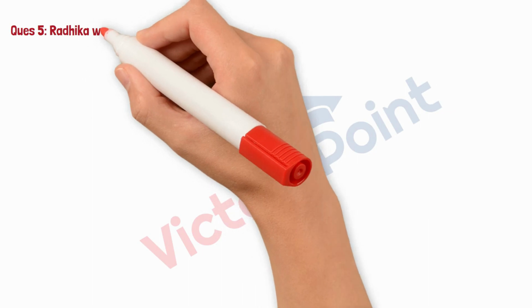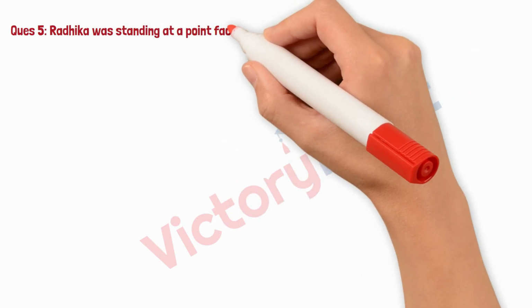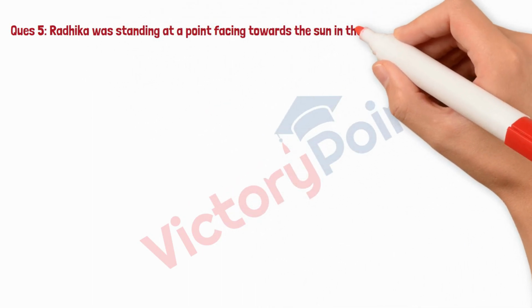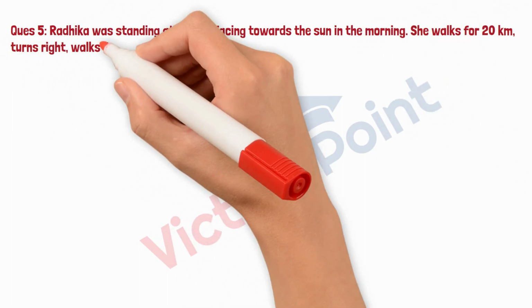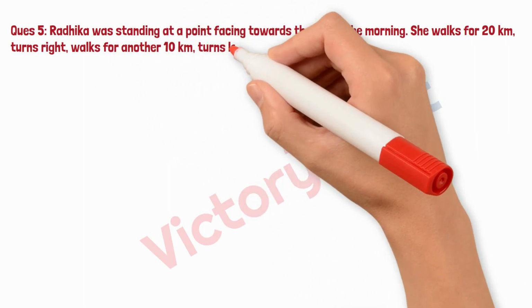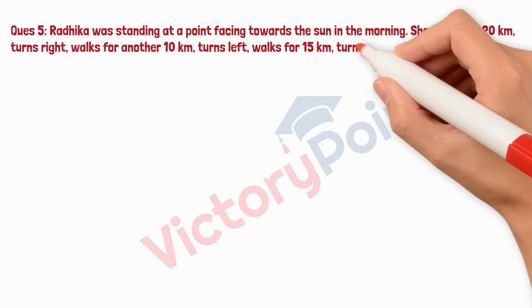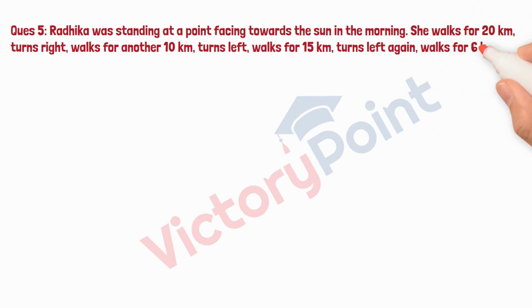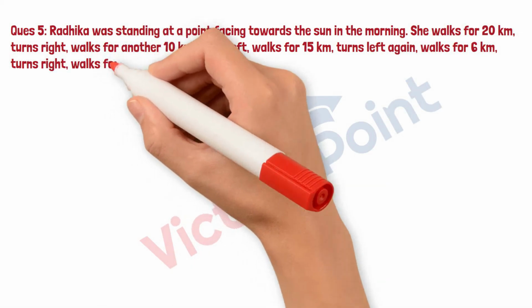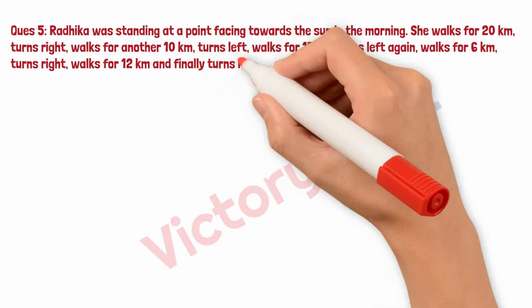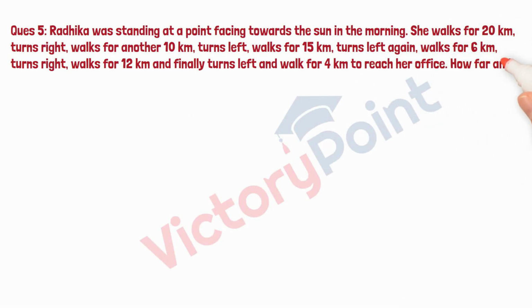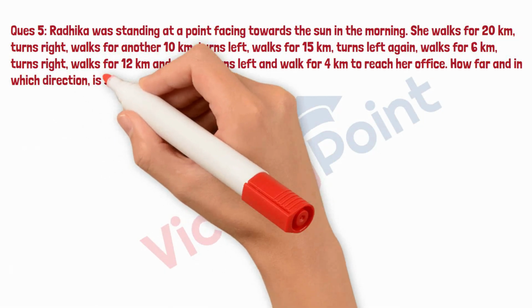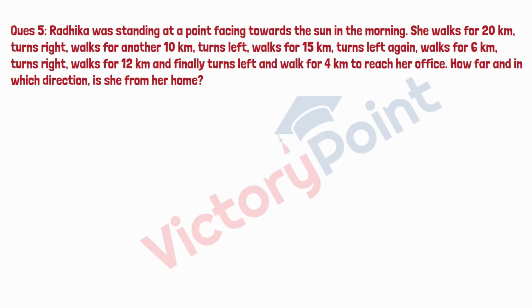Radhika was standing at a point facing towards the sun in the morning. She walks for 20 kilometers, turns right, walks for another 10 kilometers, turns left, walks for 15 kilometers, turns left again, walks for 6 kilometers, turns right, walks for 12 kilometers and finally turns left and walks for 4 kilometers to reach her office. How far and in which direction is she from her house? So let's